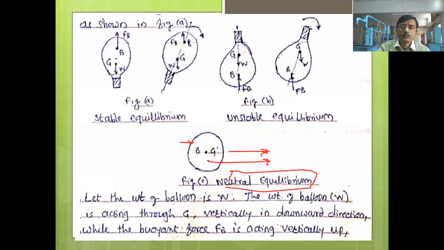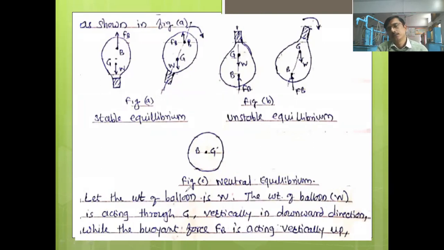Now who will summarize the conditions of equilibrium for these submerged bodies? When we say the submerged body is in stable equilibrium, in terms of position of B and G, you have to tell the answer. Yes, who will tell? When we say that the submerged body is in stable equilibrium, I want the answer from your side. Just now, a few minutes ago, I have told everything.